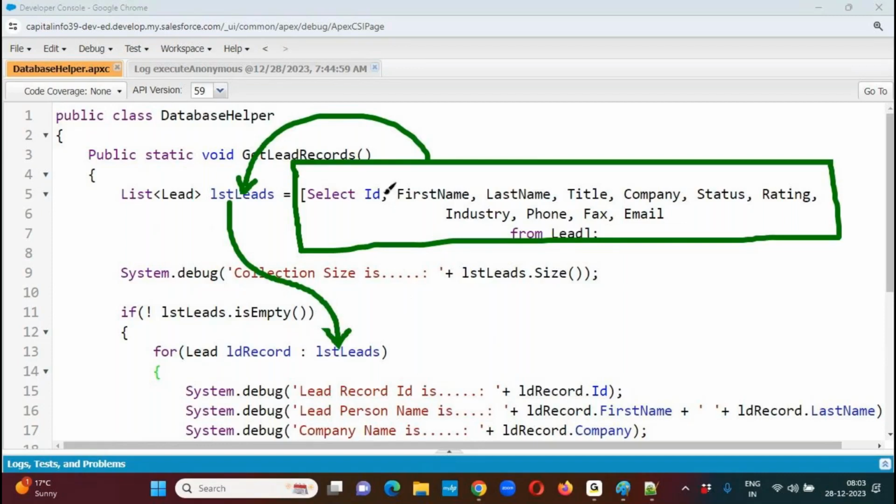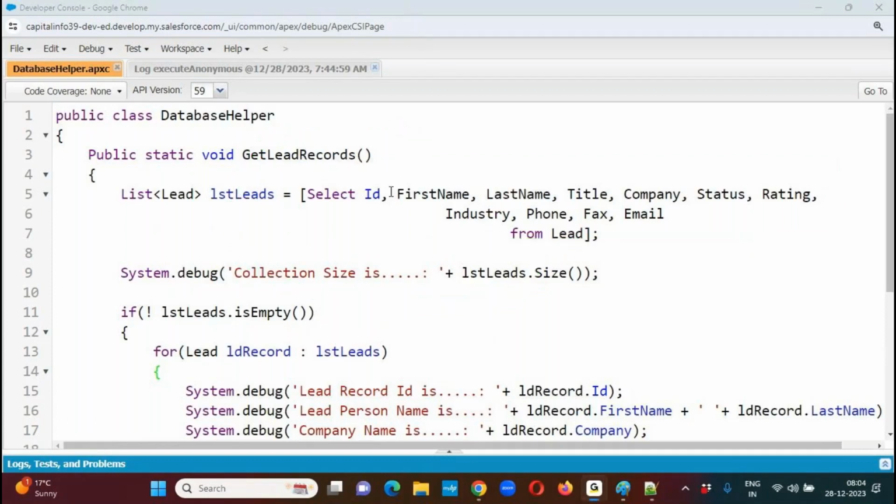Now tell me, instead of writing this SOQL query separately and using a separate collection, can I directly write this SOQL query in the for loop place? Yes or no? Yes. Why? Because 100 SOQL queries we can use within a transaction. Now, observe this one. That already told you: don't write SOQL queries inside the for loop. Inside the for loop means what? In this block,